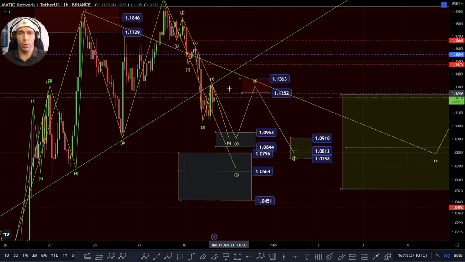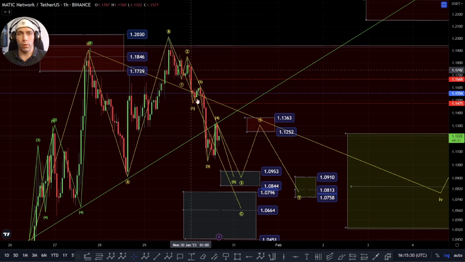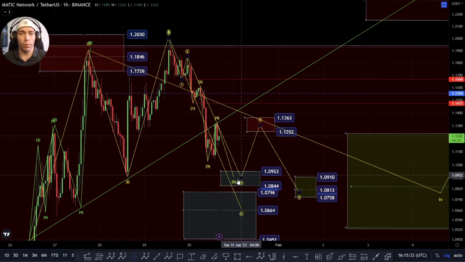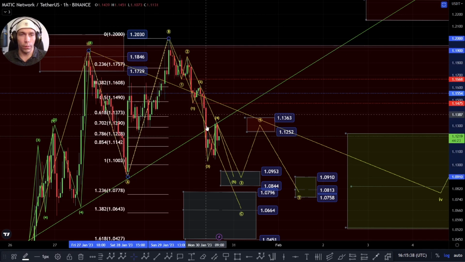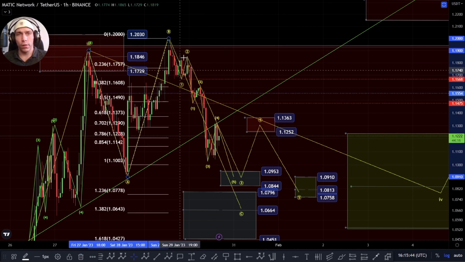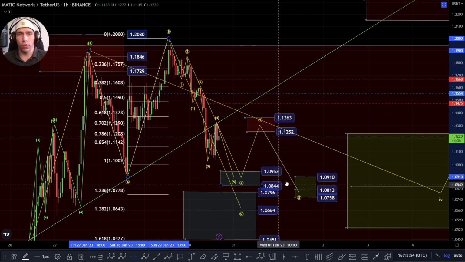Though we need to just be aware that it is possible that we can argue that within this we might not get this additional leg to the downside here, because of the fact that if I pull this off of here, we can see that this has actually almost come down to this 1-to-1. So if this is going to be a running flat, the thing is the structure within here would indicate to me that we're going to have another drop here. But basically if we move above this